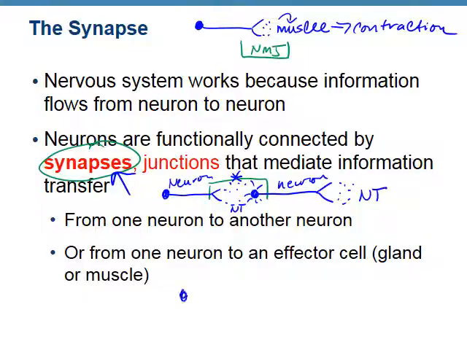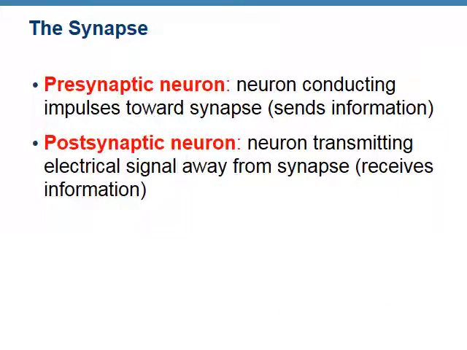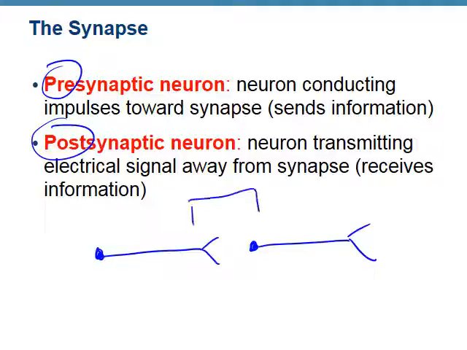And don't leave out that sometimes a neuron can talk to a gland, right? It could cause a gland to release sweat. Now they're just getting complicated. We have a presynaptic and a postsynaptic. Really easy. Here are two neurons. This is your synapse, right? Your site of synapse. So this is the presynaptic neuron, and this is the postsynaptic neuron. That's all they're trying to say.